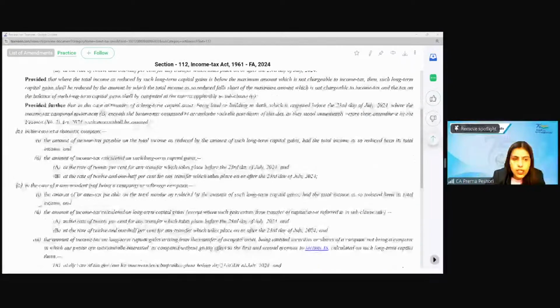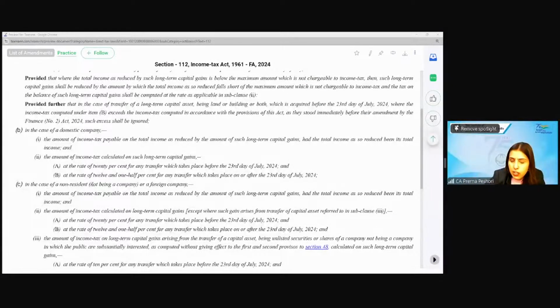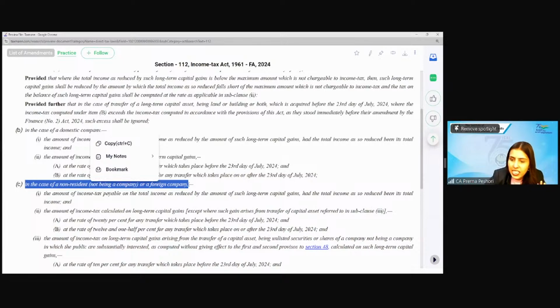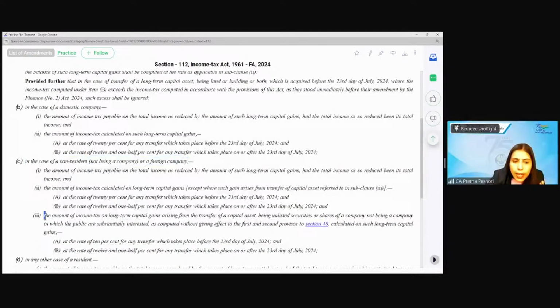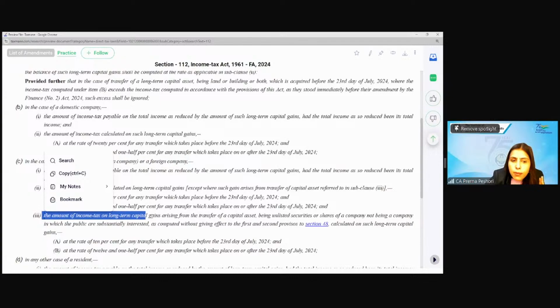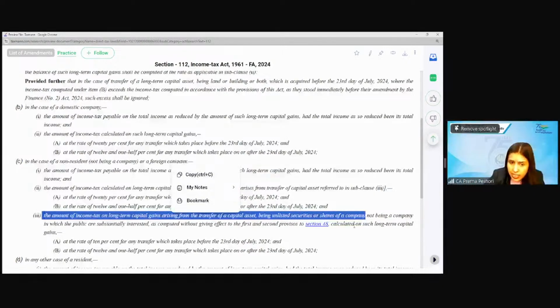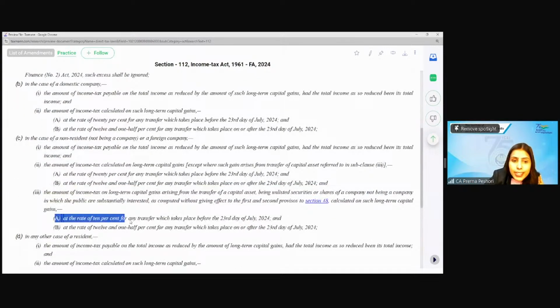If you see this, in the case of a non-resident or a foreign company, this is a foreign company, yes. Therefore, if you look at the amount of long-term capital tax on the long-term capital gain arising from the transfer of a capital asset being unlisted securities or shares of a company. Is this an unlisted share? Answer yes. So shares of a company which is a private company or unlisted securities at the rate of 10%